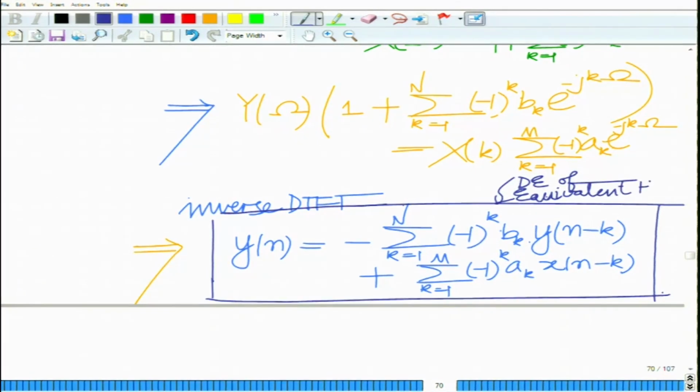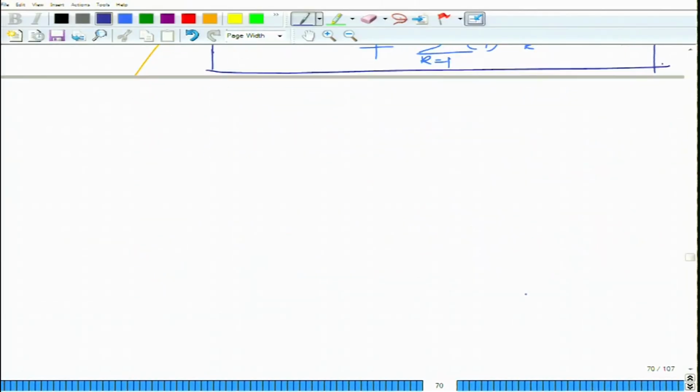This is the difference equation of the equivalent high pass filter that is derived from the difference equation and the transfer function of the given low pass filter. Alright, where we use the trick that to get a high pass filter from a low pass filter you have to shift it by pi, or replace omega by omega minus pi in the transfer function. Okay. Alright, let us proceed to the next problem, problem number 14,